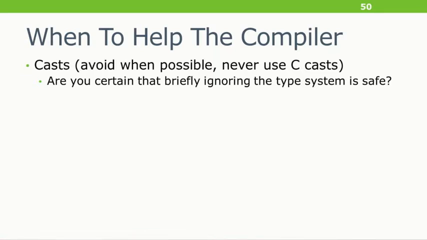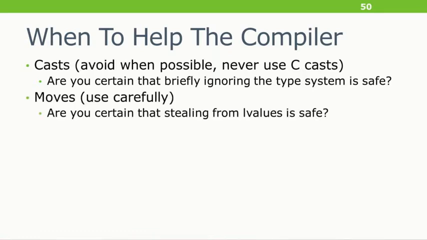I haven't even been hammering on why casts are awful, because we all know why they're awful. Sometimes you do need to. Of course, you should never use C casts, because those things are awful. You should use static_cast and reinterpret_cast and all those things when you know, for some high-level reason, that the type system can be briefly ignored. Type system is good, but being able to temporarily suspend its rules and go down to the metal is also a useful ability. Not all casts are evil, it's just overuse and unskilled use of casts is evil.